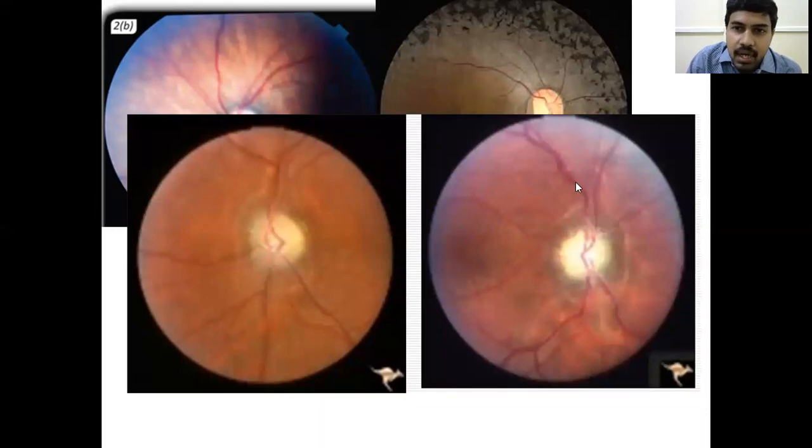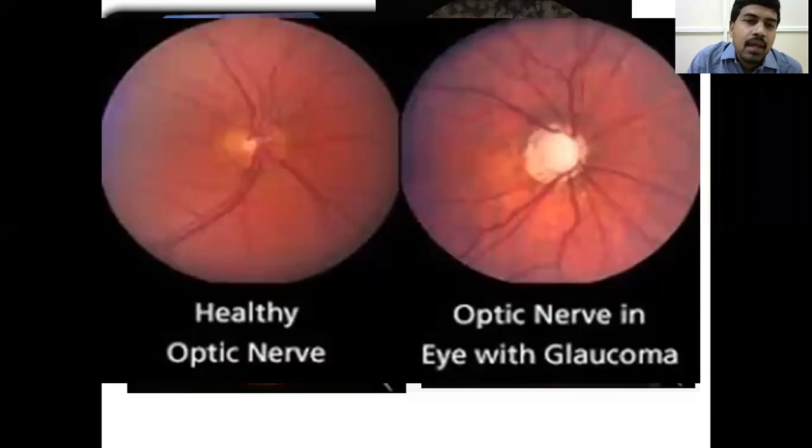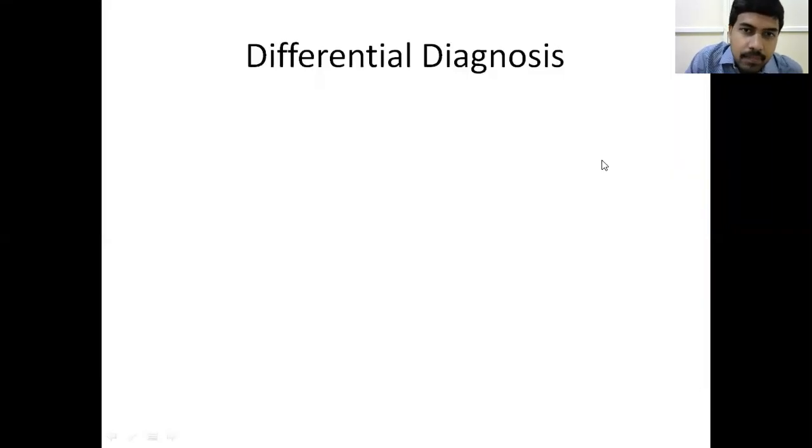So here you can see the blood vessels are slightly tortuous. They are a bit tortuous here, and a little engorged, and the margins are also blurred and hazy. That is post-neuritic, and the disc appears a little bit dirty white in this right eye, but it is not a clear picture. Unless you see directly, you can't see. And then in glaucoma, you can see there is nasal shifting of blood vessels and there is peripapillary atrophy. So these are the various things.